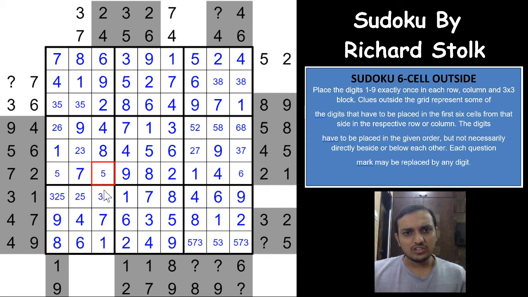These two digits are 3 and 5, right? This cell would have to be 2, 6, 3, 5. 2 is not possible. 3 is 5 and 6. Okay. And before the 6 you need to have a 3. Okay, that is also done. 7 and 4, 5 and 2. So it's just a classic Sudoku now.